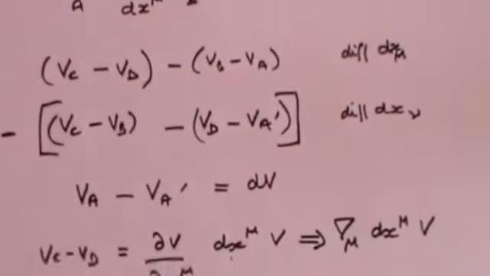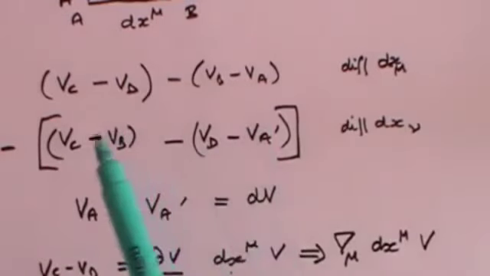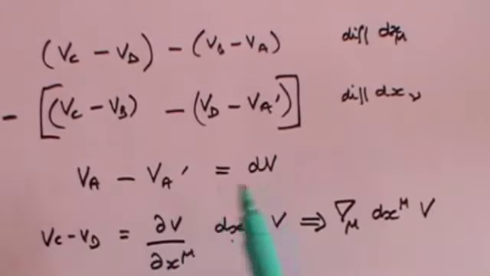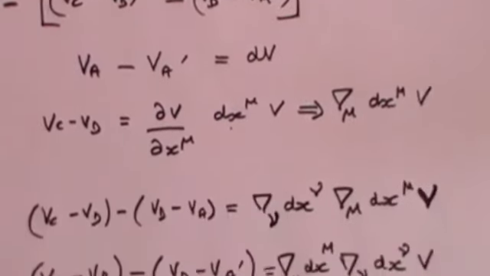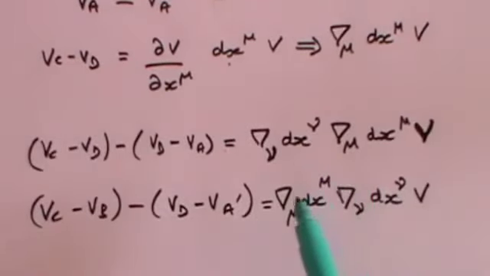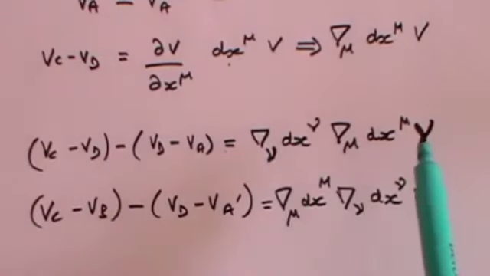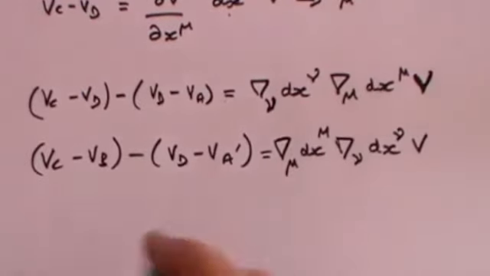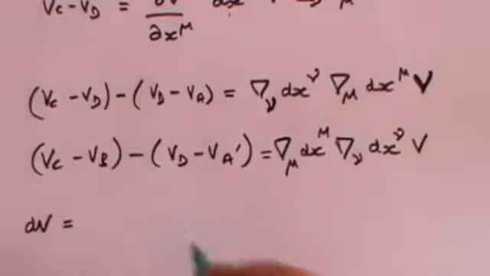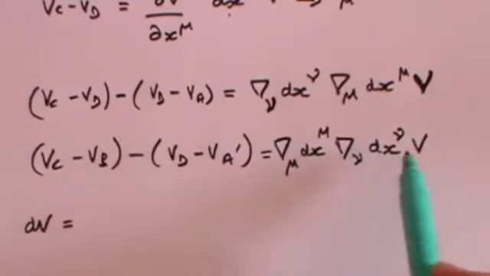And what we said was that if you subtract that term from that term, you get va minus a prime, which is the difference in the vector, the difference between the vector at the starting point and the vector at the end point. So if you subtract this term from this term, you're going to get dv, the difference in the vectors. So let's write it out. dv is going to be equal to that term minus that term,